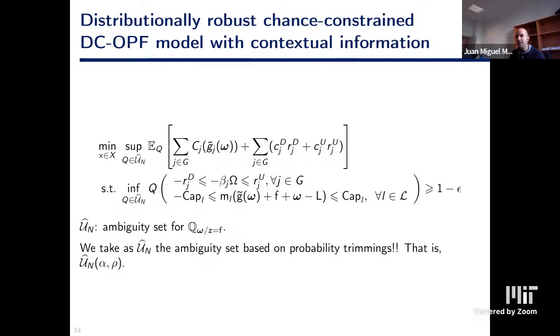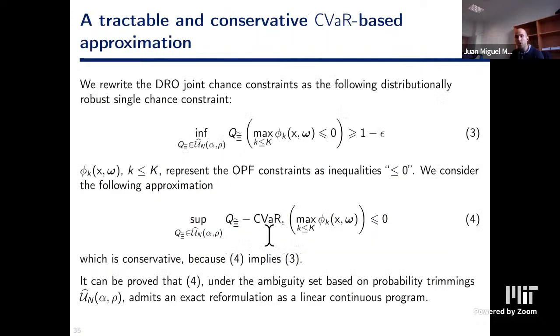Okay, so this is the distributionally robust joint chance constraint OPF model, where we use the ambiguity set based on probability trimmings to factor in the contextual information. And as it stands right now, both this objective function, this supremum, and this infimum here of the chance constraint are intractable. To regain tractability for the joint chance constraint system, we are going to use the popular CVaR conservative